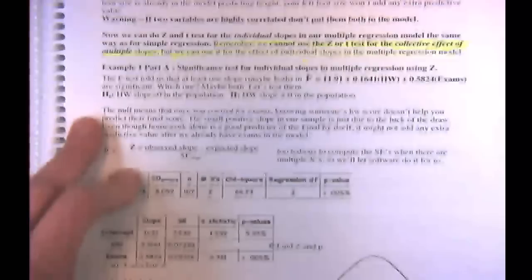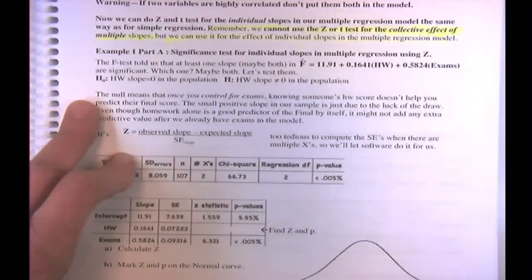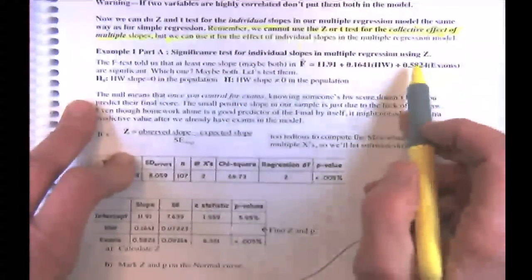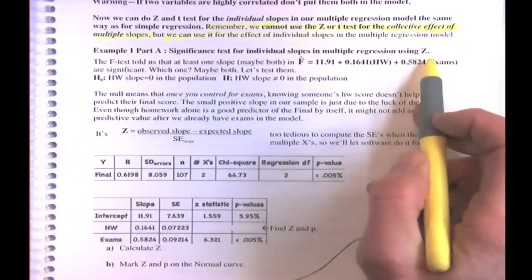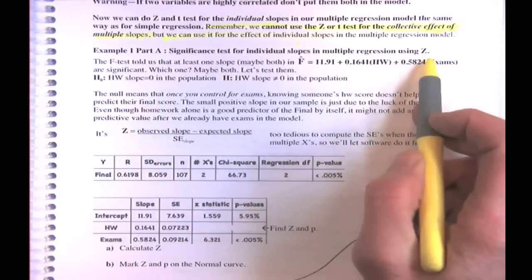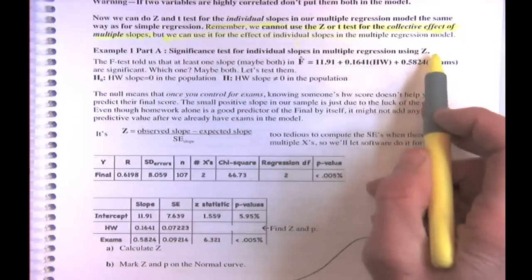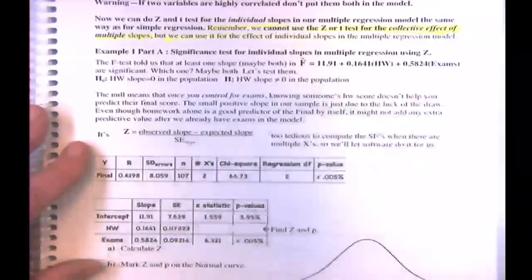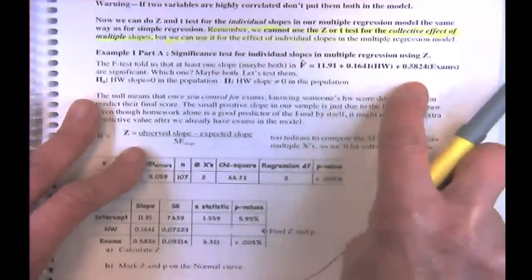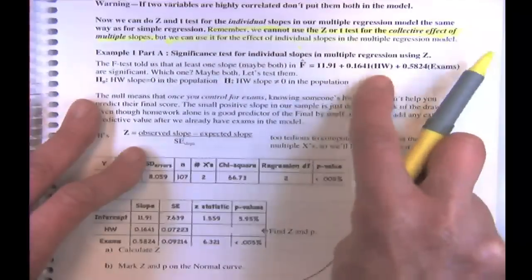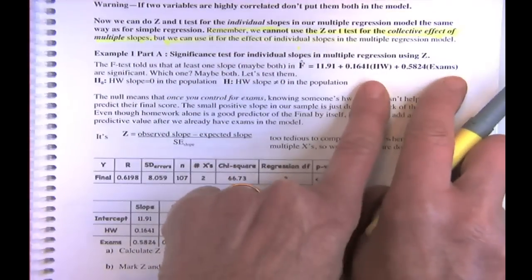If your sample size is big enough, the z and t give you the same results. So since z is simpler, let's do the z first, and then we'll do the t. We're going to be using the same example, homework and exams. This is the multiple regression